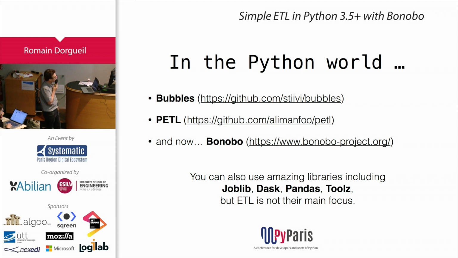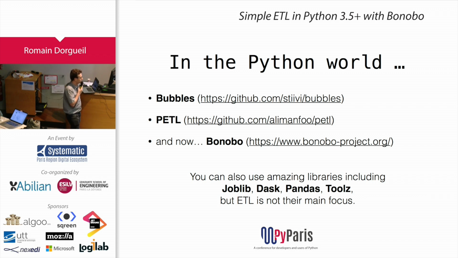In the Python world, there are a few libraries. Of course, there is no click-and-drag visual interface, but you have Bubbles, which is now advertised as unmaintained, and you have something called PyTL that looks much closer to Pandas than to really row by row. By that, I mean it's more aiming at handling tables of data and transforming tables into other tables of data